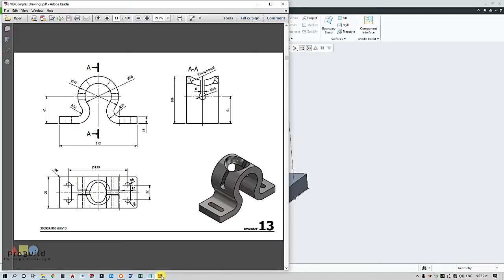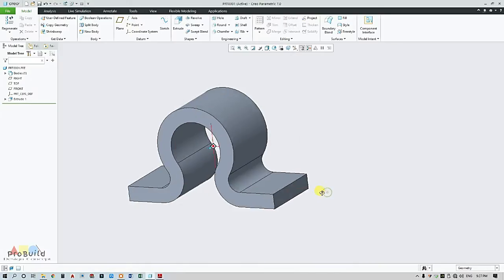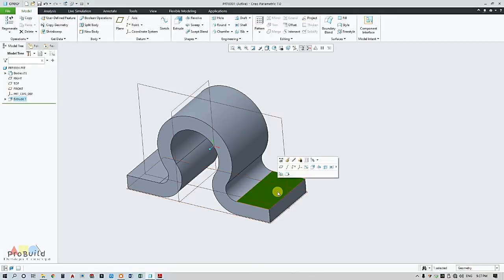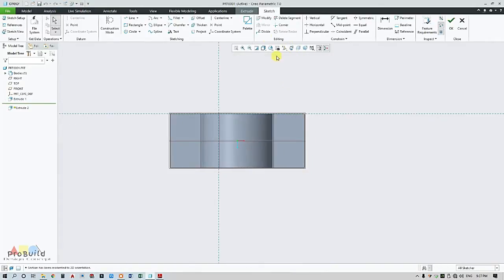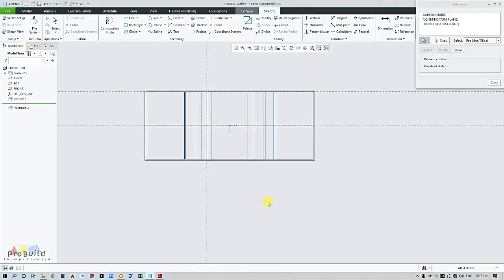Now I need to do 3 operations. Now I'm going to take a slot, for which I'm going to select this surface as my reference and go for 2D sketch. Now change this to hidden line, and I'm going to choose this plane as a reference.